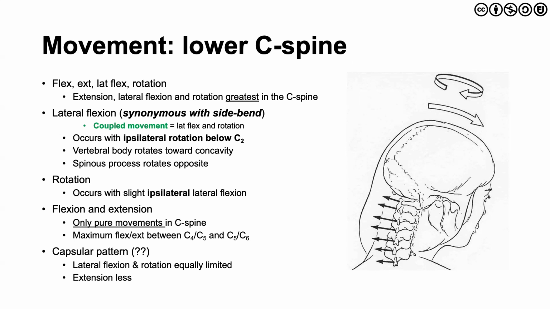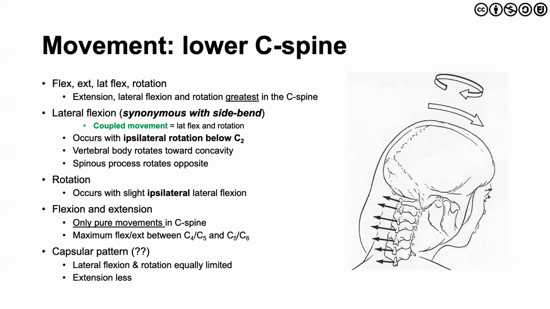Lateral flexion, again, is synonymous with side bend, but this is where we see this idea of coupled movement. That being that for every degree of rotation, there's also a degree of lateral flexion. And so lateral flexion is going to occur with ipsilateral rotation, same side rotation, once we get below the C0, C1, and 2 level. And as this happens, the vertebral body is going to rotate and the spinous process is